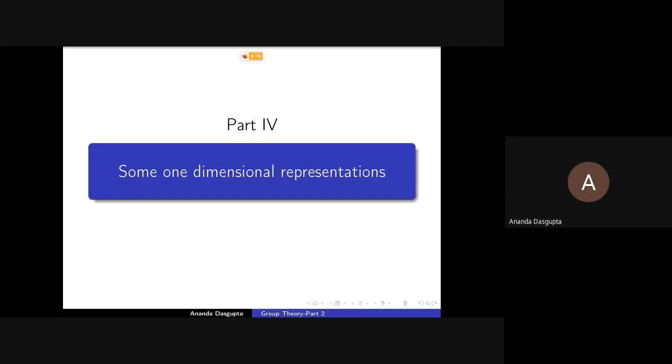Now let us give some examples of representations. In fact, I've already given you one example of both linear representation and matrix representation. That's the two-dimensional representation or the 2x2 matrix representation that we just constructed. But let's talk about one-dimensional representations in general. One-dimensional representations means the vector space is one-dimensional, which means all vectors are basically multiples of a given vector, which of course means that the only thing you can do linearly on such a space is multiply by a number.